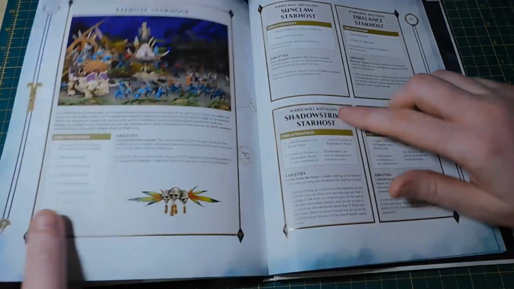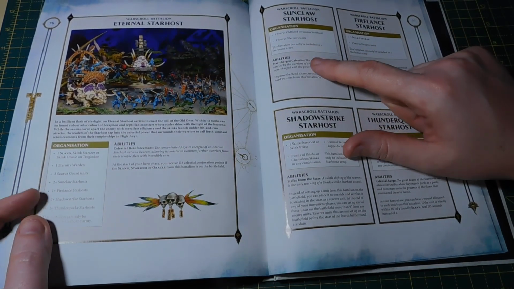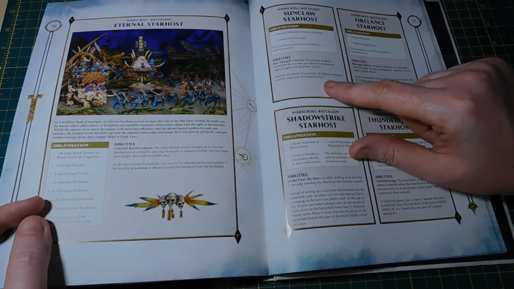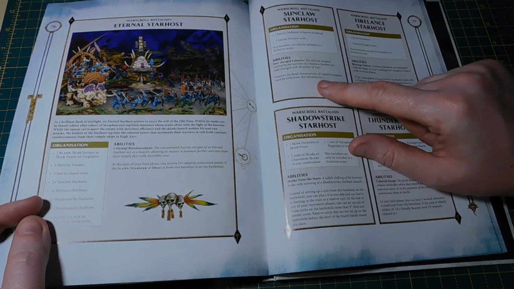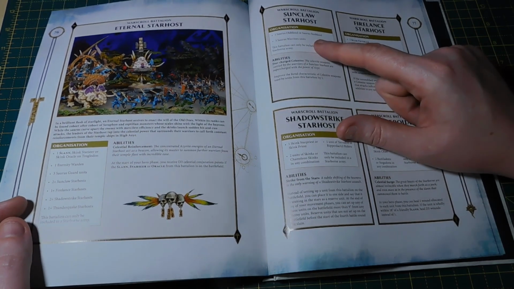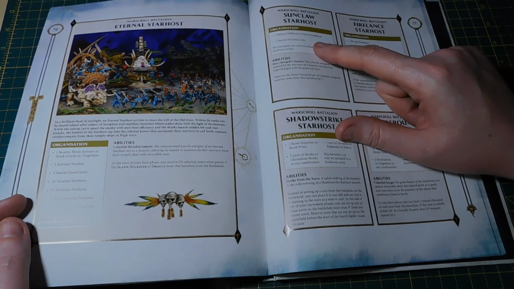Sunclaw Temple Host. No, that's for the Coalesced. Sunclaw Star Host. So it's 1 Saurus Old Blood or Sunblood and 3 Saurus Warriors. Improve the rend characteristic of Celestite weapons used by units in this battalion by 1. That's good because if you go on Saurus Warriors, bearing in mind you can get...